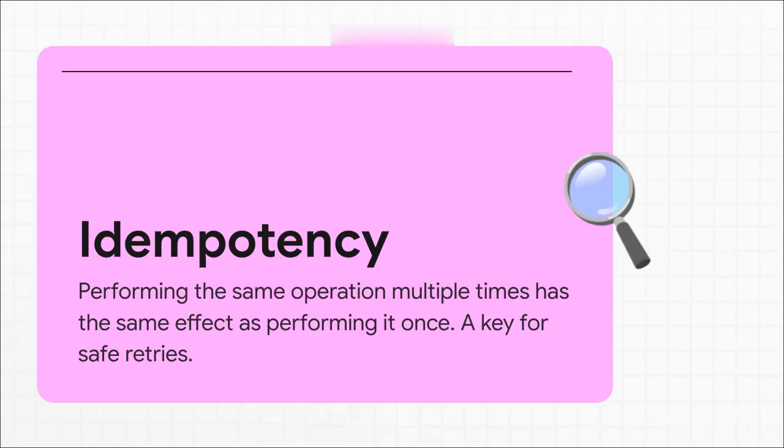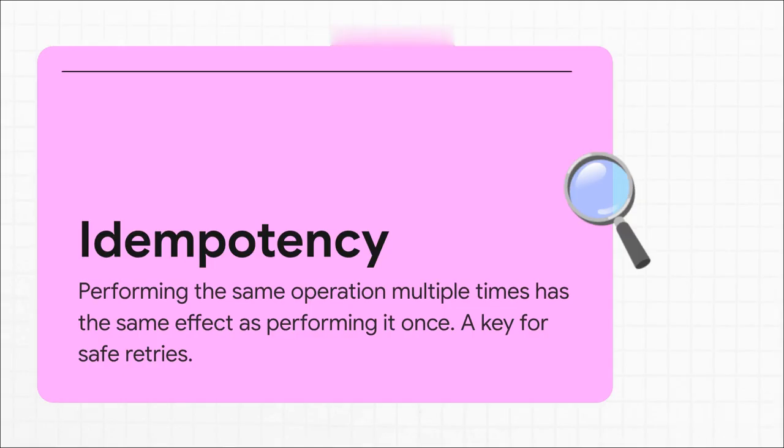The first safety net we have is a concept called idempotency. I know, it's a huge word, but the idea behind it is actually really simple. Doing something more than once shouldn't cause a problem. Think about it. Charging a customer's credit card twice? That's bad. But setting an order status to paid twice? No harm done. Building your functions to be idempotent like this is absolutely key for being able to safely retry